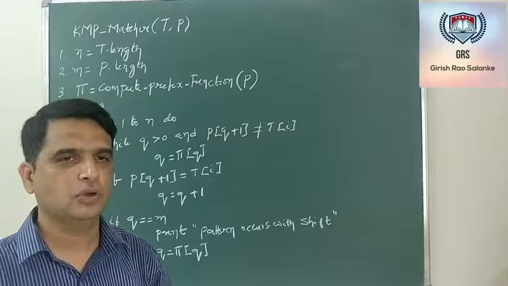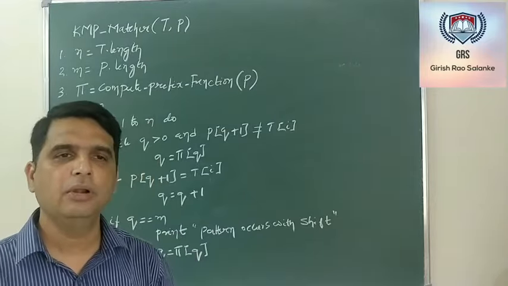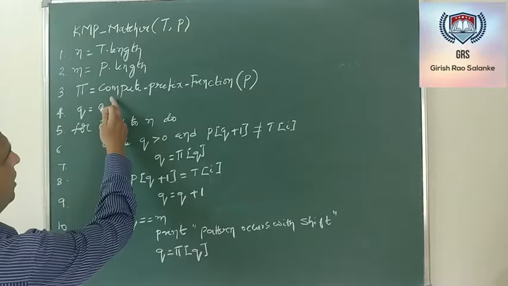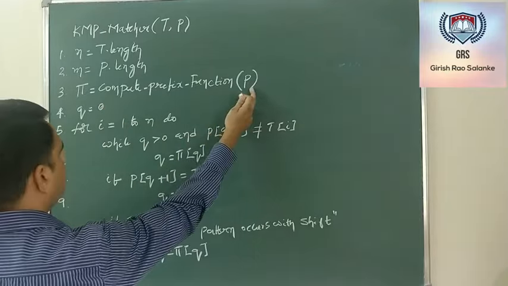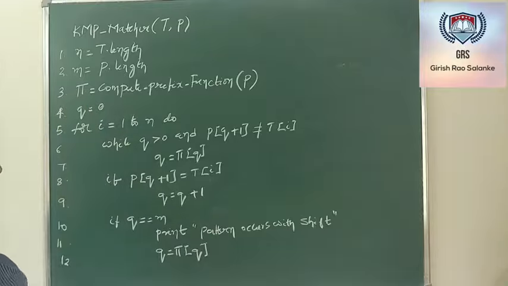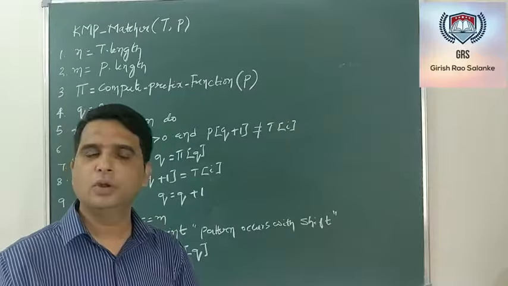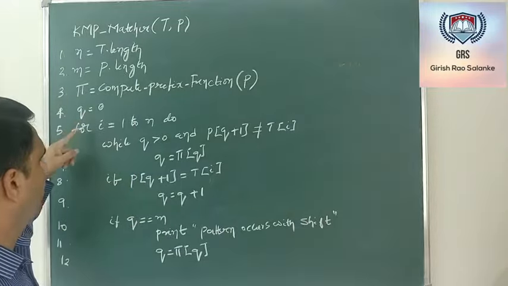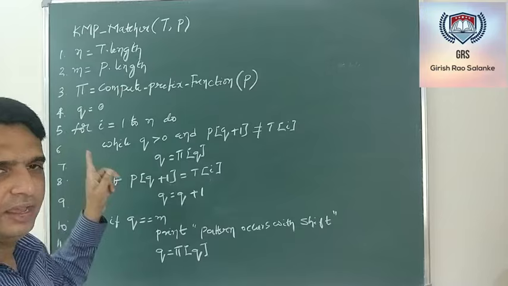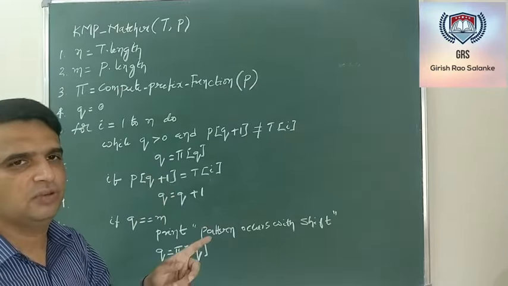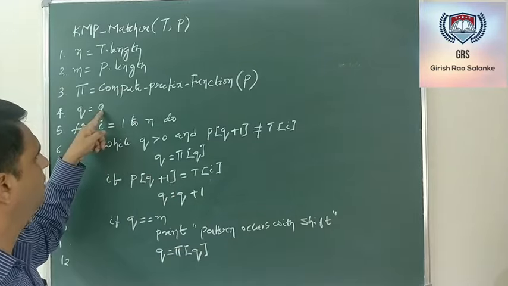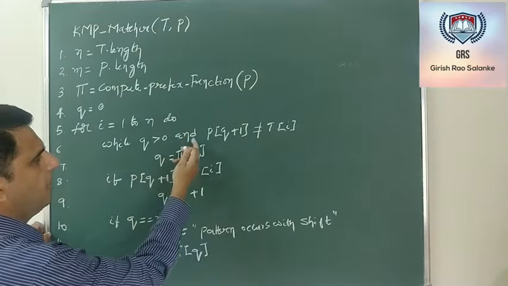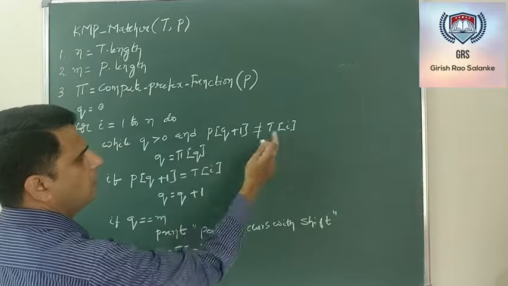The next thing we are supposed to do is find the prefix table for the pattern. So the third step is to compute the prefix table for the pattern, and I am storing the result in pi. As you saw in tracing, we took two different variables. One variable by name q, which was initially pointing to 0, and one more variable i, which was the index of the text. The index of the text was initialized to 1, and the index of the pattern was initialized to 0. Now there is a while loop: while q is greater than 0 and p of q plus 1 is not equal to t of i.